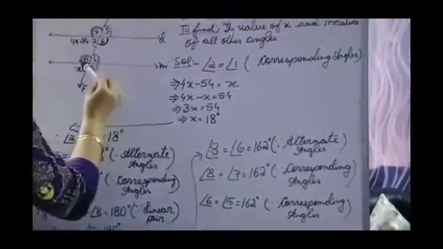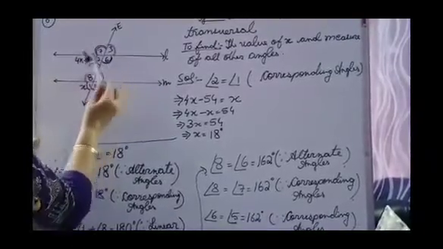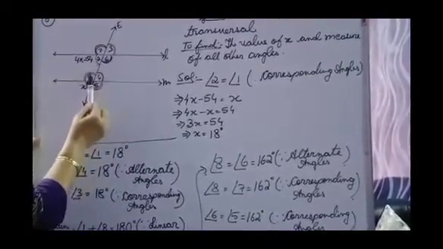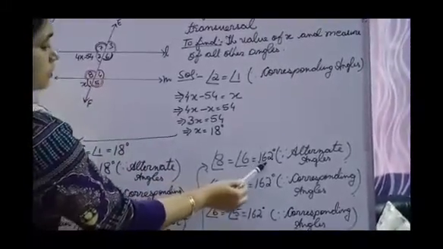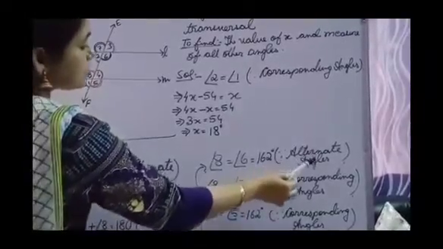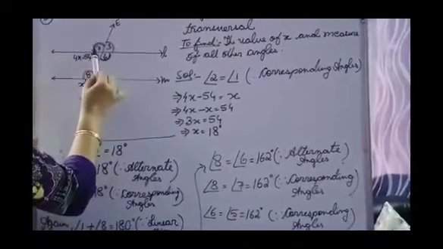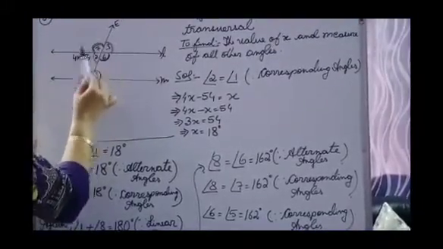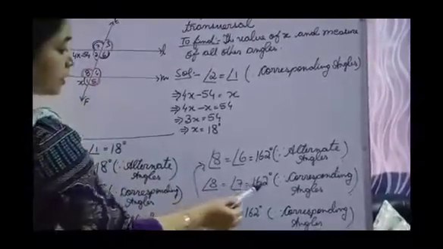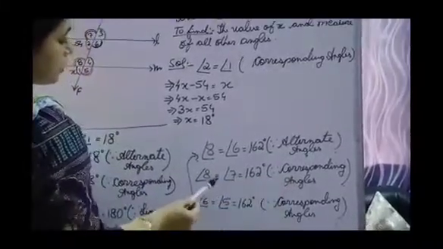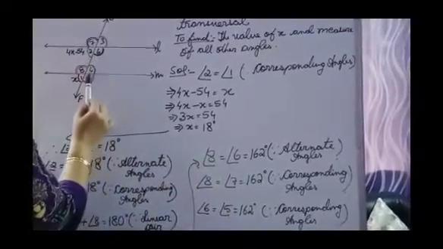Okay. Now, if this angle is equal to 162 degrees, then angle 8 is also equal to angle 6, since they are alternate angles, they lie on the opposite side of the transversal. So, angle 8 is equal to angle 6 is equal to 162 degrees since alternate angles. Again, angle 8 is also equal to angle 7. Angle 8 is interior and angle 7 is exterior. But they lie on the same side of the transversal. So, why are they equal? Because they are corresponding angles. So, this is also equal to 162 degrees. Then again angle 6 is equal to angle 5.